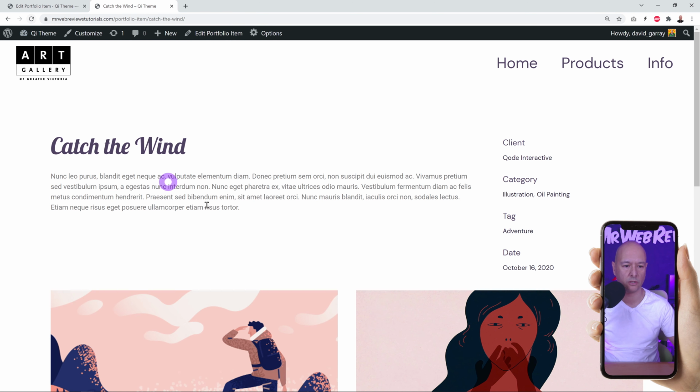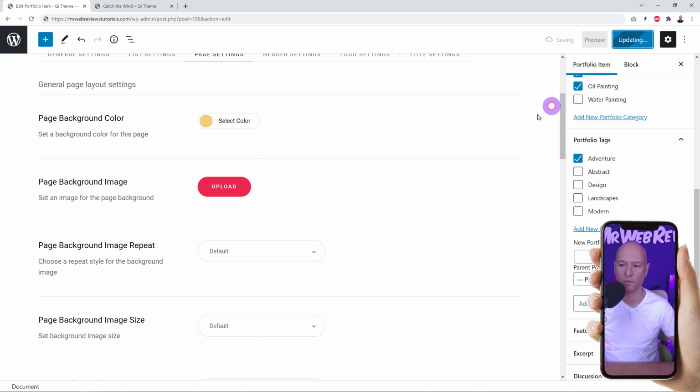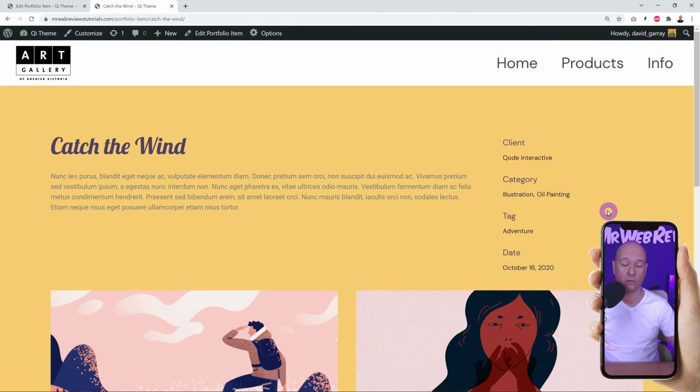So let's go back here. So as you can see, our background is white at the moment, but you might want to change the color. So let's say if we were to go for something maybe a light brown or maybe light yellow, like this beige color. Let's click update and let's refresh. So there you go, we have a totally different feel now for this page, and you can do this with all your pages. All your pages, based on the illustration that you're going to display,